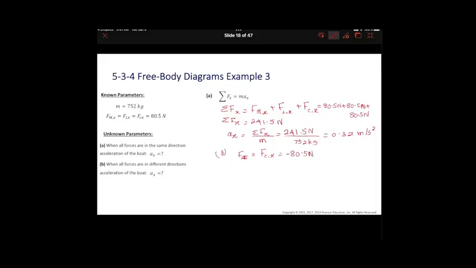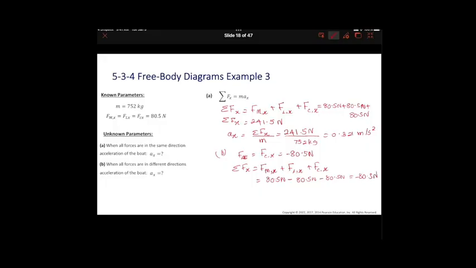Now we can find the total force sigma Fx, which is again the force by Mo plus the force exerted by Larry and the force exerted by Curly. In this case, the first one is positive 80.5 newtons and the next two are negative because they are pushing in the negative x direction. Therefore the answer is negative